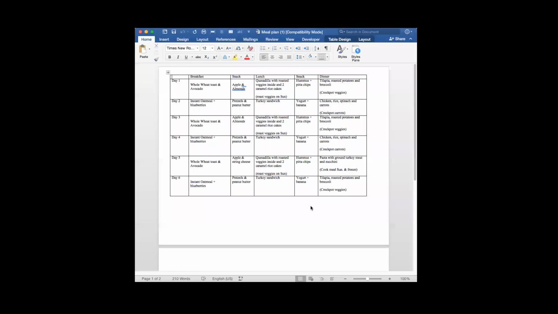So I would say choose 2 meals for each one: 2 different meals for breakfast, 2 different meals for lunch, 2 different meals for dinner, and then 4 different snacks for your 2 snacks a day.